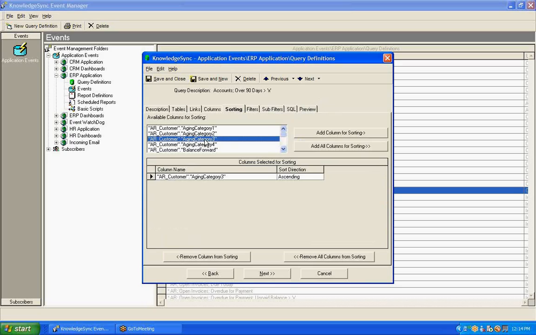I happen to know in this underlying accounting system, aging category 3 is over 90 days old. So I could say that I wish to sort the matching records by the value in this field, and I wish to sort them in either ascending or, in this case, descending order. This will allow me to see the highest value accounts in terms of their over 90-day balance first, and then